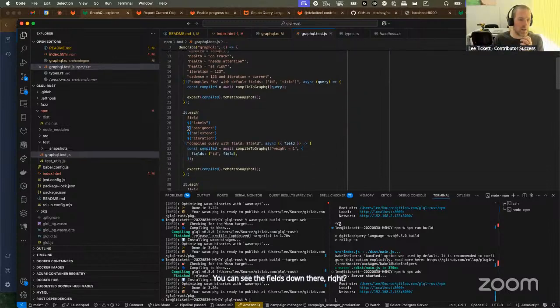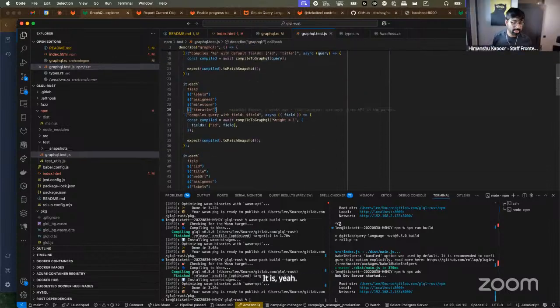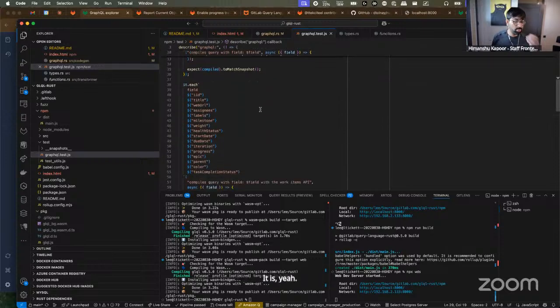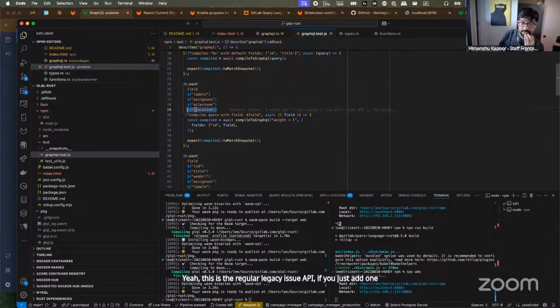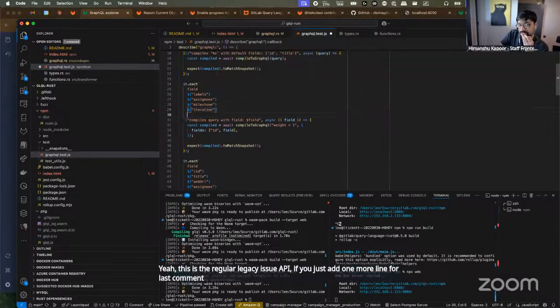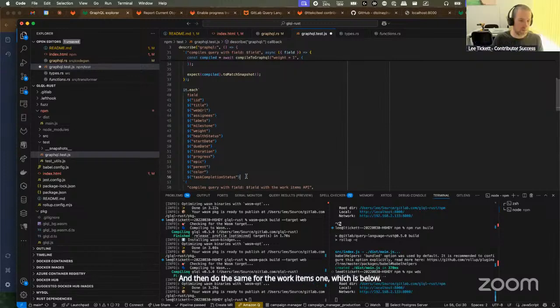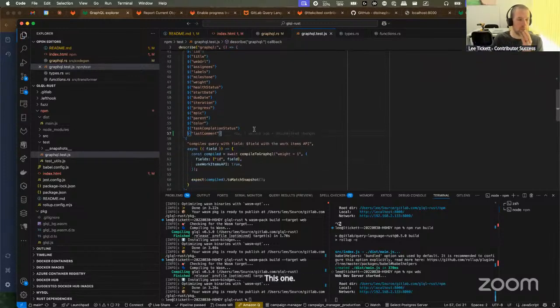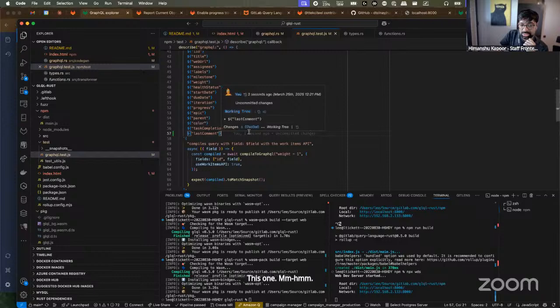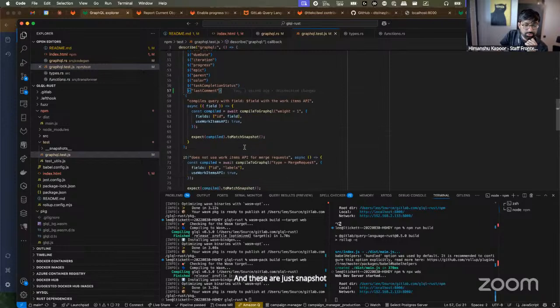Yeah, this is the regular legacy issue API. If you just add one more line for last comment, you can just reuse the existing test and then do the same for the work items one, which is below. This one. Yeah. And these are just snapshot tests. And now if you just run npm run test,